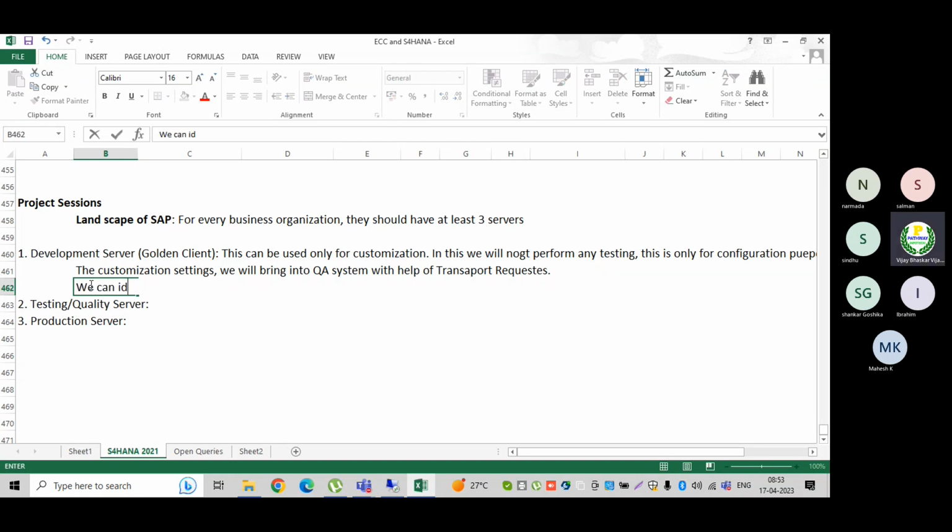We can identify the transport requests in the SC09 or SC10 transaction code.